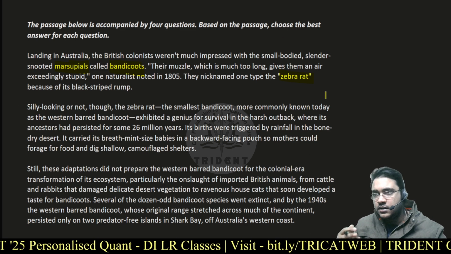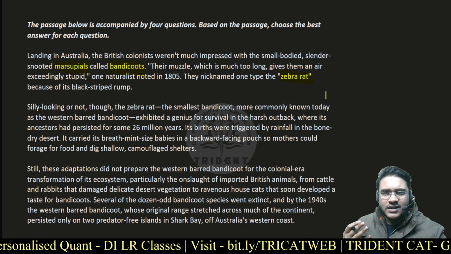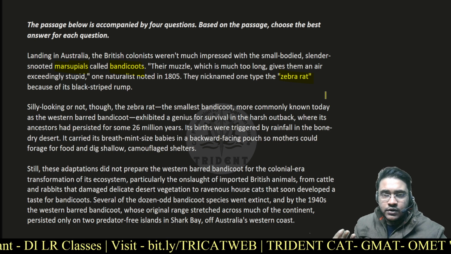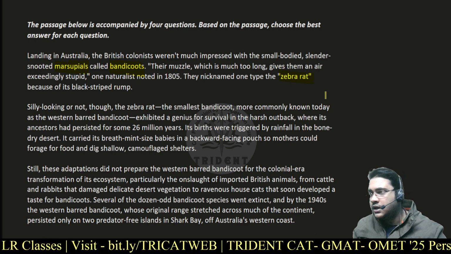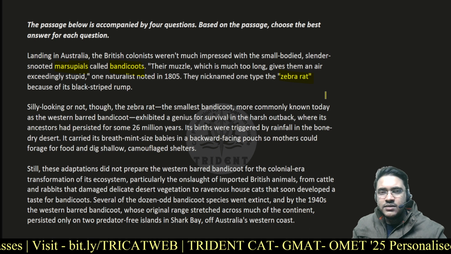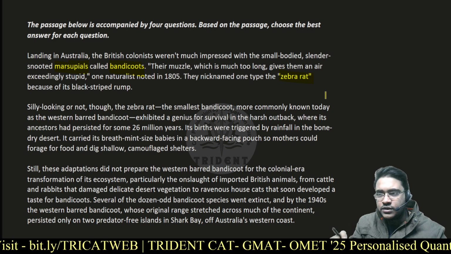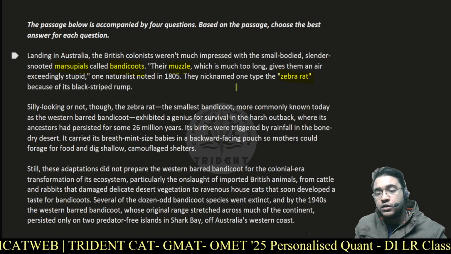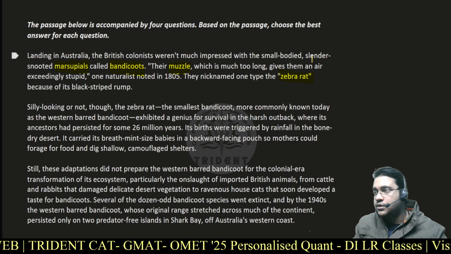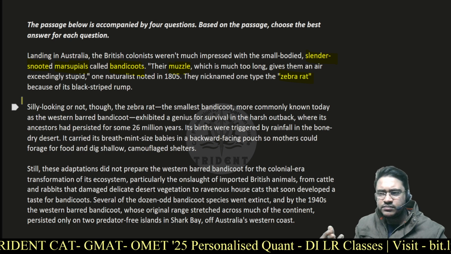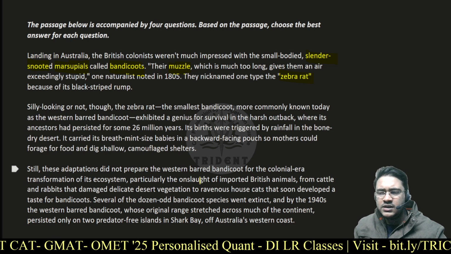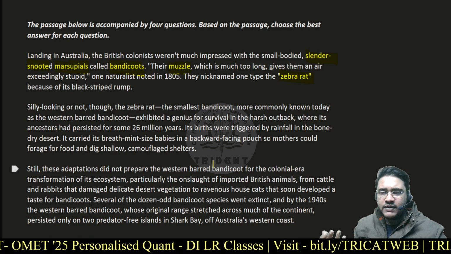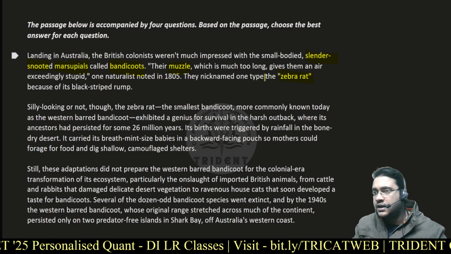Okay, there is an impression of the rat like creature, which is small bodied and has a slender snoot. Snooting basically is a tendency of putting your nose into somebody else's business, which I, of course, don't do and wouldn't encourage anyone to do. So, slender snooted is basically, I think, thin noses, right? And again, the muzzle is much too long, so it's again talking about the same nose. Slender snooted is something we can keep with us as a distinguishing factor for this bandicoot, the zebra rat, right?